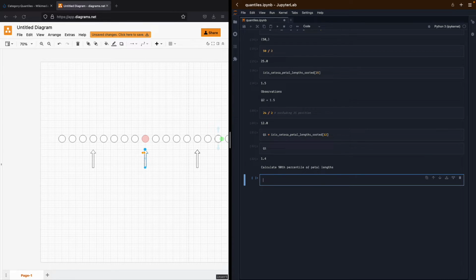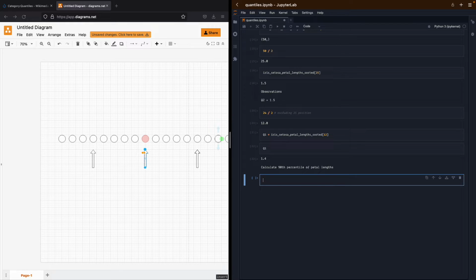For calculating a percentile, we would first divide our data set into 100 groups, but we don't have to divide it; we are going to calculate mathematically. The length of our data set is 50, so we are going to take the equivalent of the 90th position